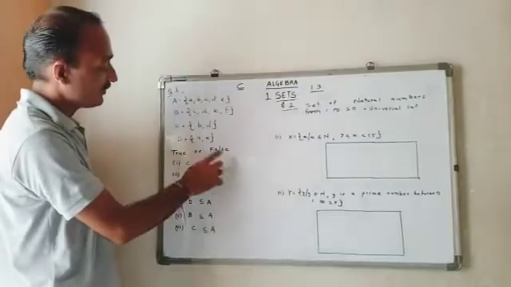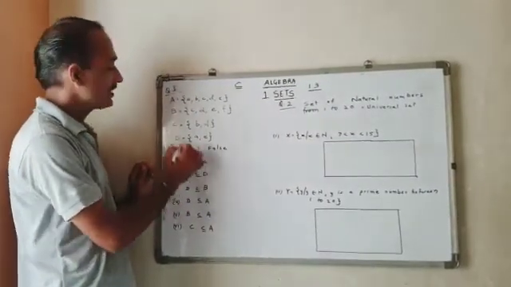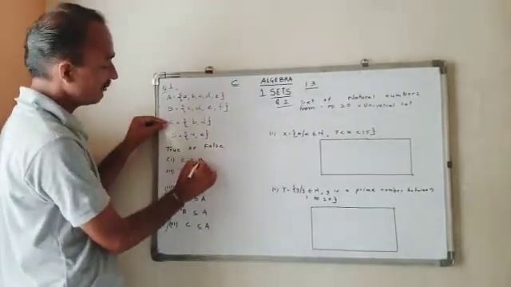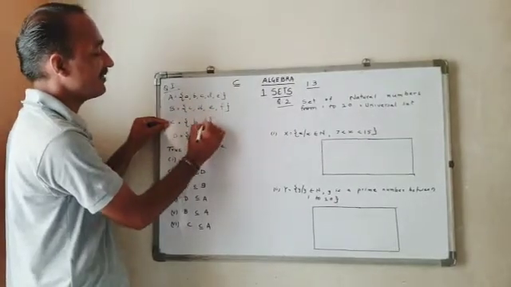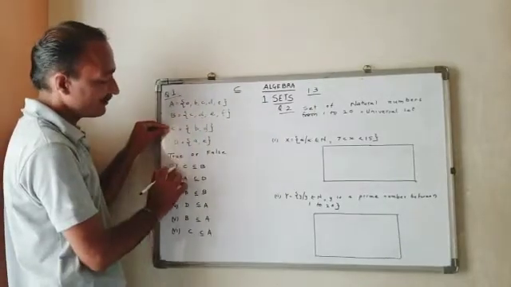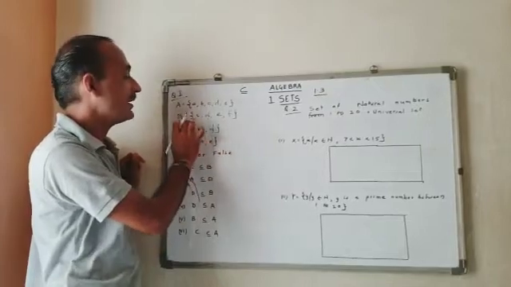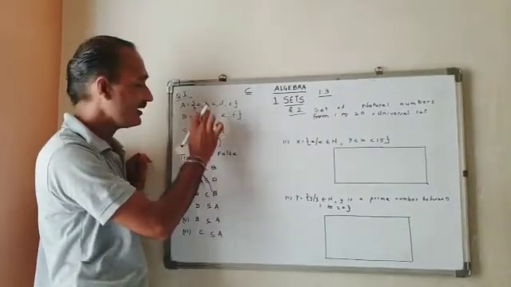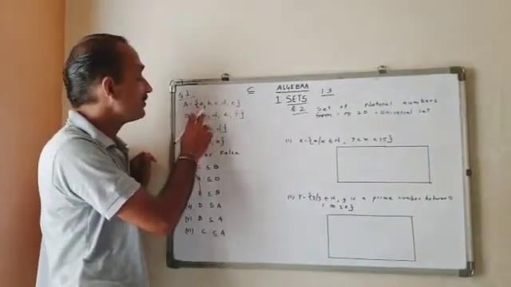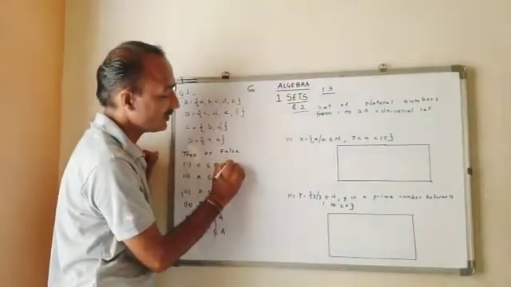Now here, true or false. The first one is C is a subset of B. What are the members of C? B and D. B contains C, D, E, F. D is the common element, but B is not there. B contains only D. D is a common member, but B is an absent element when we consider B. So the first statement is false.